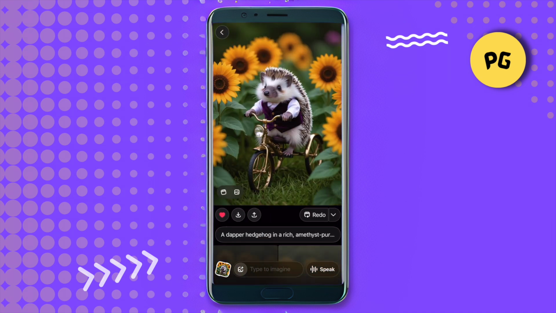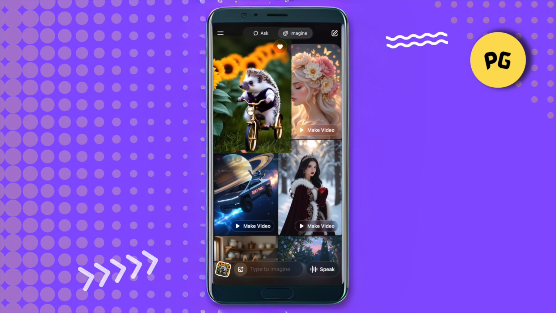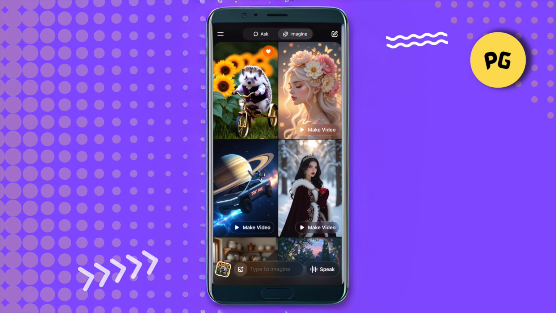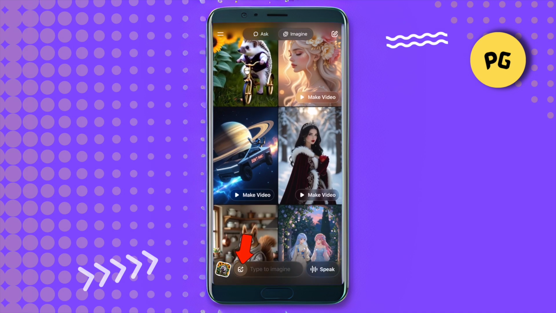Like I created this image into this video quite easily, and if you want to convert this image into a video, simply select make video option, and this way you would be able to convert it into a video quite easily. But if you want to convert any image of your gallery into a video, then just simply select this